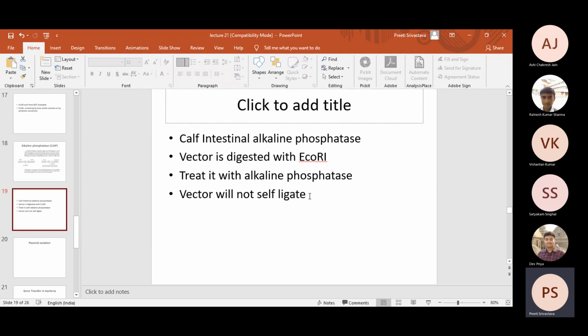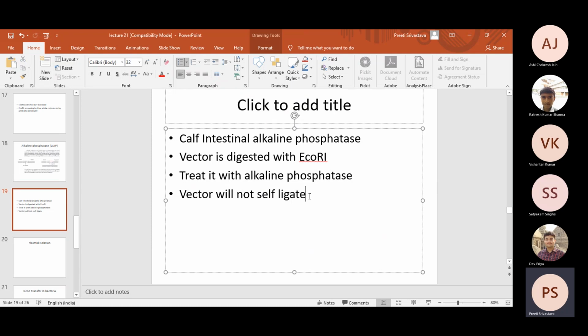Okay, so in this case, even though we are using the EcoRI site, even in the absence of any screening marker gene, for example lacZ is not there for screening, antibiotic resistance cassette is not there for screening, you can still try to avoid the self-ligating colonies by simply treating it with alkaline phosphatase and then performing the ligation.